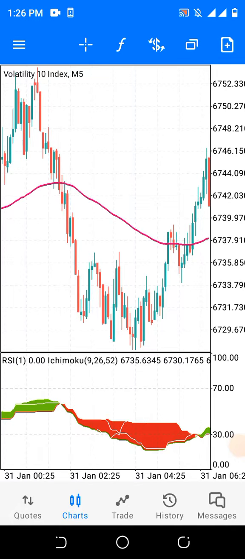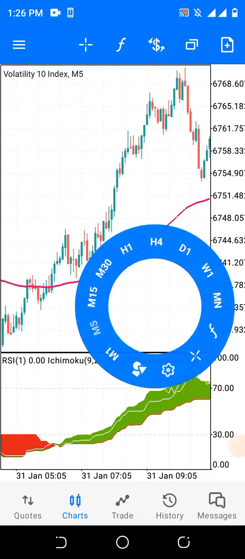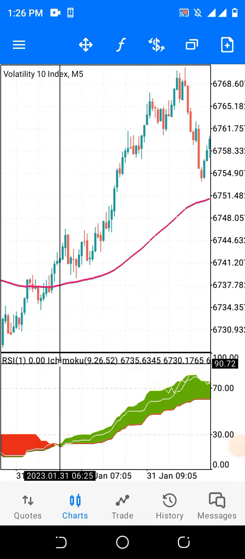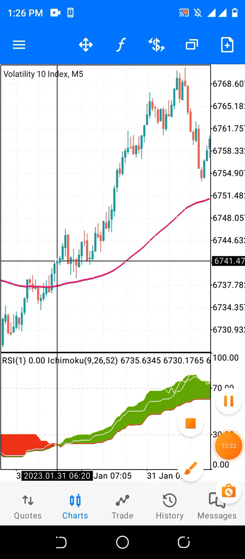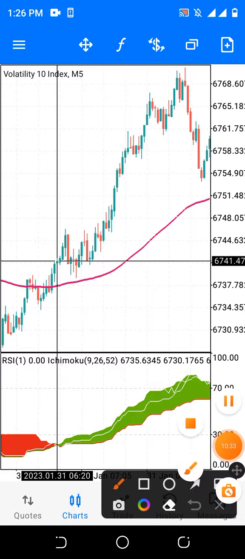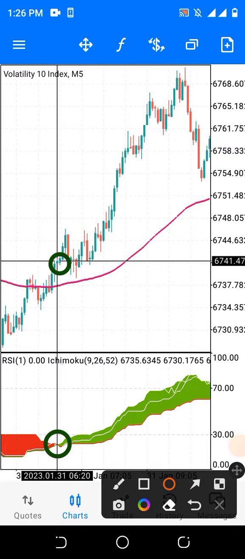Now let's proceed. Now here is another crossing here. The first thing is that the color changes to green. Now the candlesticks are above the moving average and also close to the moving average. So this is a perfect buy signal. Do you understand? So you make your entry immediately. This is where the color change is. You place your stop loss just below the moving average, and this is the excess profit.